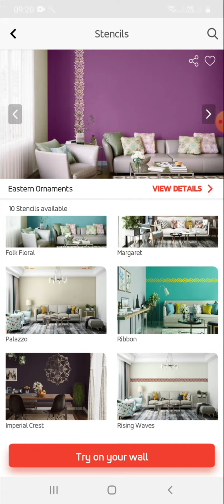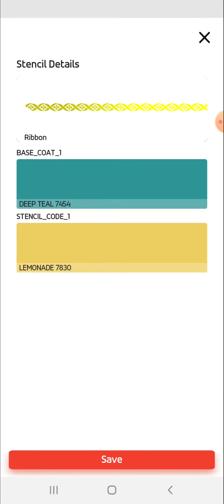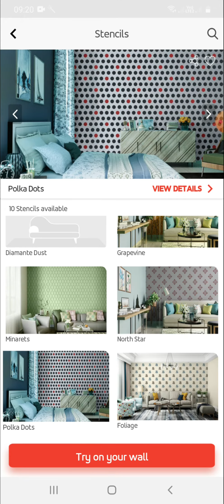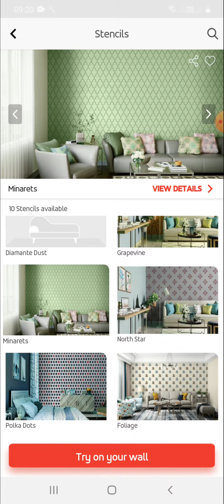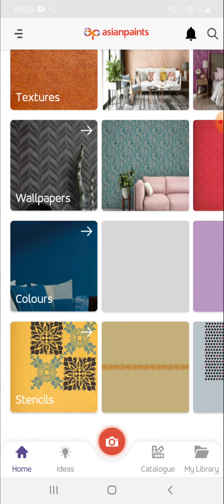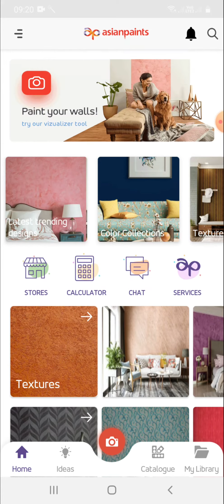Take this ribbon one, you'll find the color codes along with the stencil design. If you go to this one, all over, you'll find all color codes and stencil design. So it's very easy guys, very easy to navigate. I request everyone, please go through this app once.